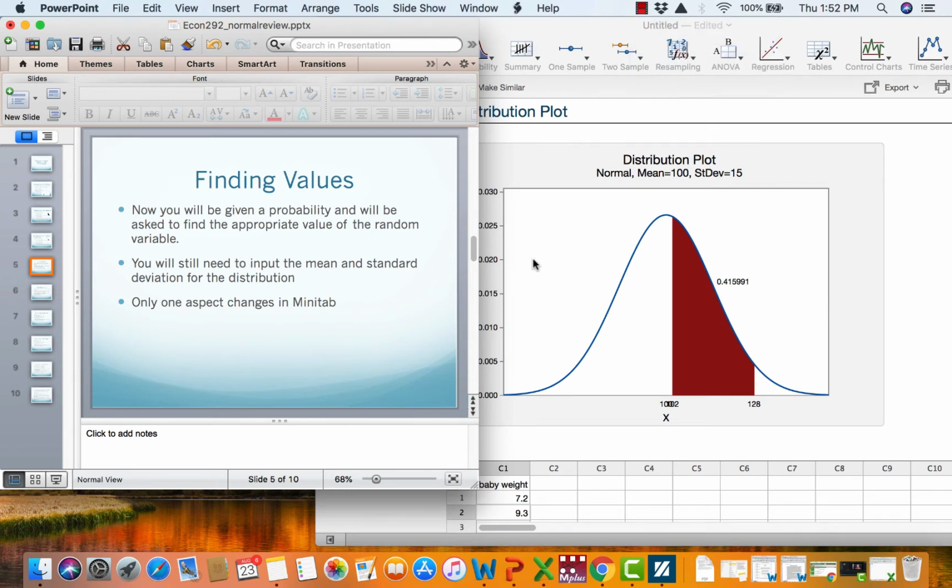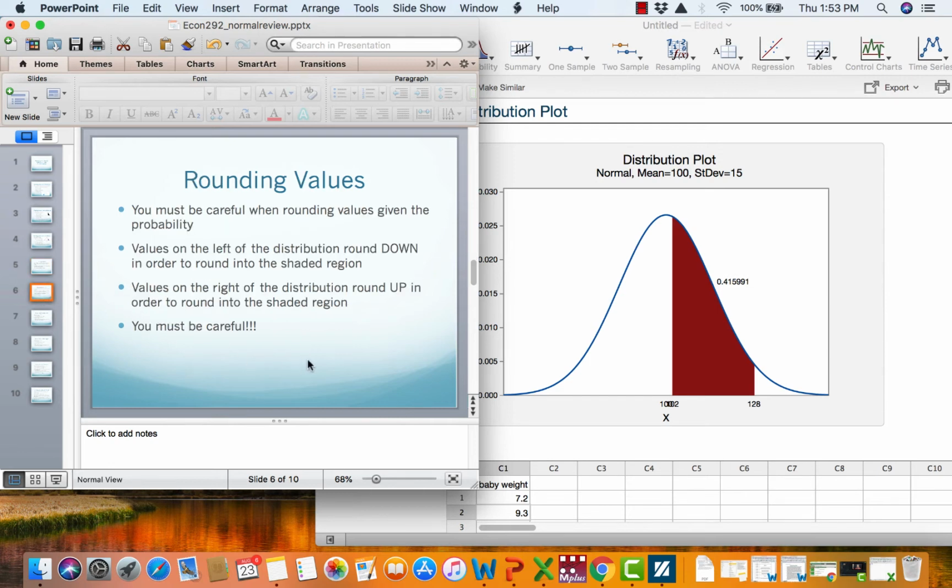You will still need to input the mean and standard deviation for the distribution, as we did before. And what you're going to notice is that really only one aspect changes in Minitab. So let's be on the lookout for what's actually changing. One thing that is very important, and this is probably going to cause some of you to miss some points on the quiz this week as well as the first exam,